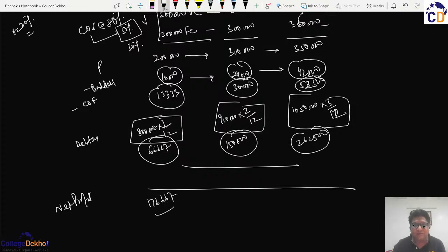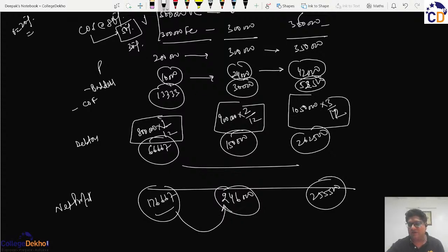In the second case, the profit will come out to be 2,46,000. And in the third case, the profit on the similar lines will come out to be 2,55,500. तो you are seeing कि जिस प्रोपोर्शन में प्रॉफिट यहाँ increase किया उस प्रोपोर्शन में प्रॉफिट ने यहाँ increase नहीं किया क्योंकि यहाँ पर एक एक्स्ट्रा फिक्स्ड कॉस्ट incur हुई है। But the incremental profit is able to outweigh, या ये कहा सिंपल भाषा में कि जो इंक्रीमेंटल प्रॉफिट है वो कहीं ज्यादा है इंक्रीमेंटल बैड डेट्स और इंक्रीमेंटल कॉस्ट ऑफ फंडिंग से,